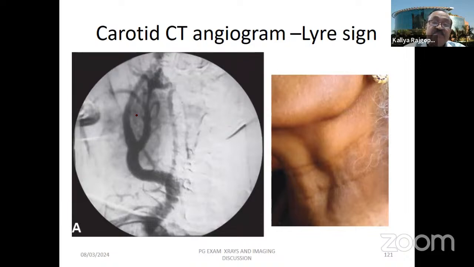Look at here carefully. This is a common carotid artery. You can see the classical splaying of the artery. This has been called a lyre sign. It's a musical instrument. And this is a carotid body tumor. So carotid body tumor, classically at the bifurcation, chemodectomas. So that's a lyre sign. So these are a few important parts of the